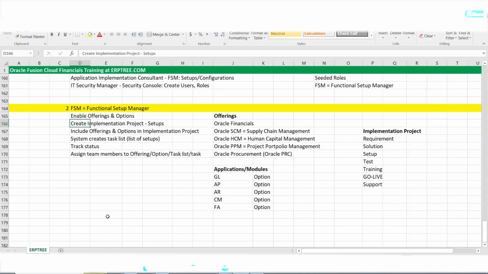You can have a single project for multiple countries, and the system will support it, but sometimes there could be some sort of mess. You may get confused while you do the setups for the US, and by mistake, you may perform the setup for India. Since everything is in one project, you may go with some wrong navigation or wrong value selection. To avoid such confusion, we always create a separate implementation project country-wise,